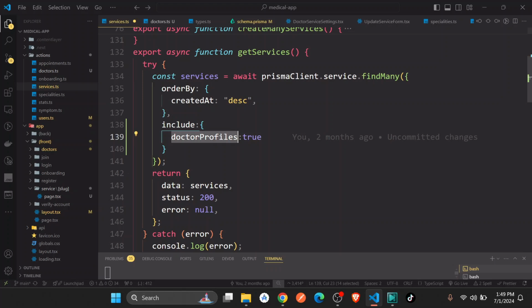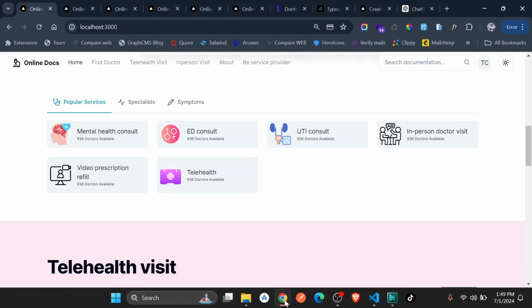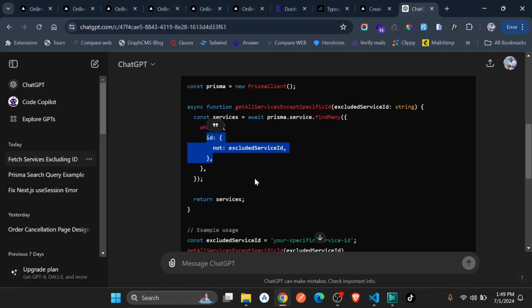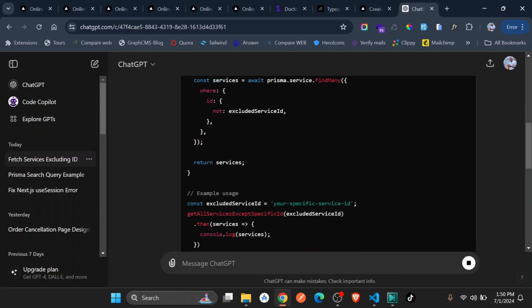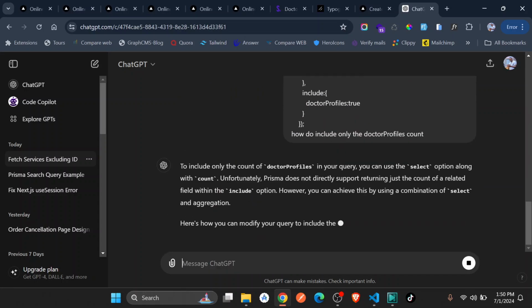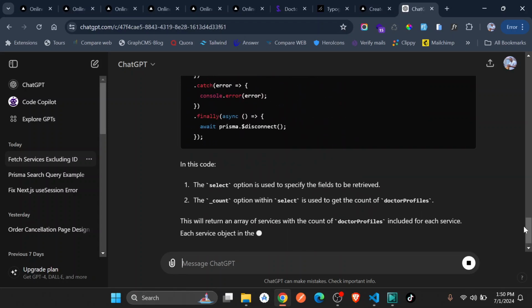So if I just go to this, I'm just going to ask GPT for just a second. In this, how do I include only the doctor profiles count? So I just want only the count. And if there is, where you can include the count,